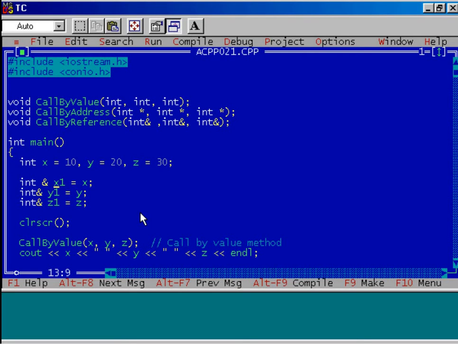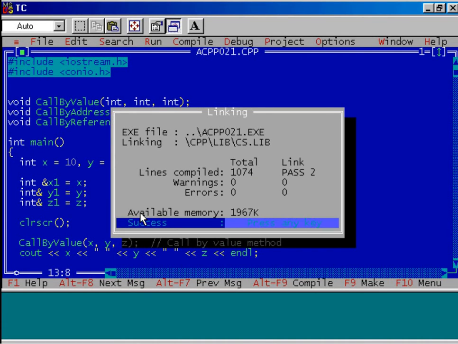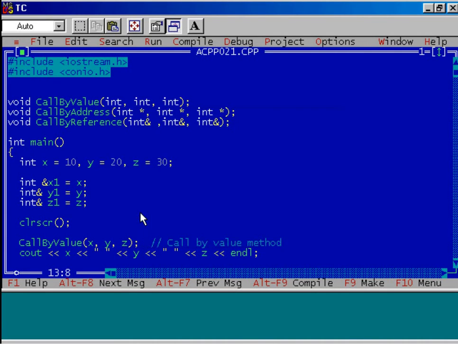You can attach this ampersand operator to x1. Even if you compile this one, it won't generate any error message. But this is not a good practice. Always attach this ampersand sign to the data type. So this is the correct method. Now you can easily recognize that x1 is a reference variable. Is it clear to you?